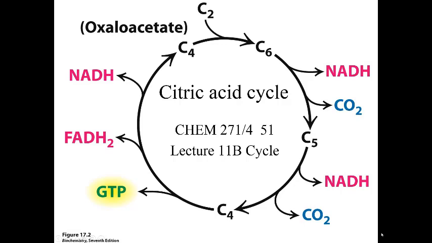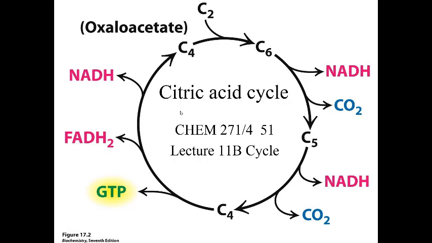So now we know how to generate acetyl coenzyme A. That acetyl coenzyme A, the product of the pyruvate dehydrogenase complex in the matrix of the mitochondrion, can now enter the citric acid cycle, or the TCA cycle, tricarboxylic acid cycle, because it involves tricarboxylic acids, or the Krebs cycle, because Hans Krebs elucidated this cycle based on